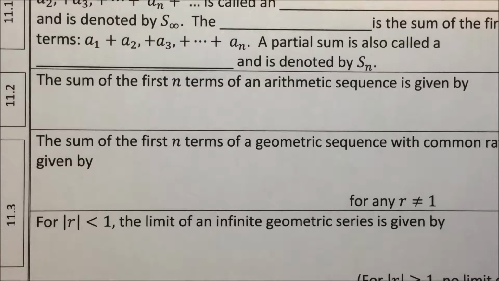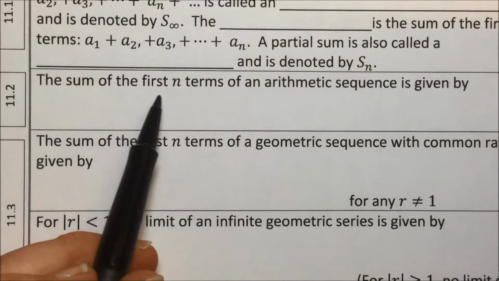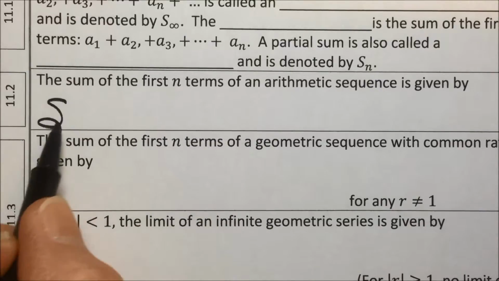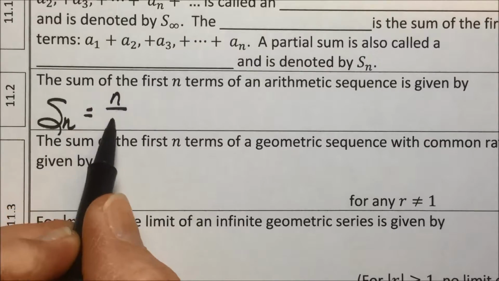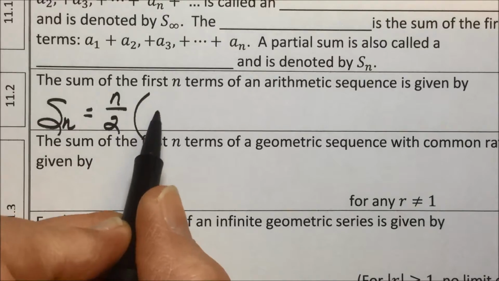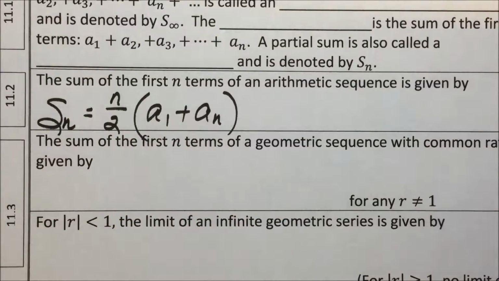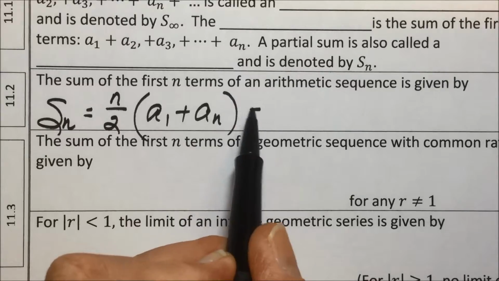Intermediate Algebra Section 11.2. When the terms of an arithmetic sequence are added, an arithmetic series is formed, and we have the following formulas for the sum of the first n terms of an arithmetic sequence. S sub n is found by taking n, the number of terms, divided by 2, times the sum of the first term plus the last term in the arithmetic sequence, and substituting the nth term formula into this gives us